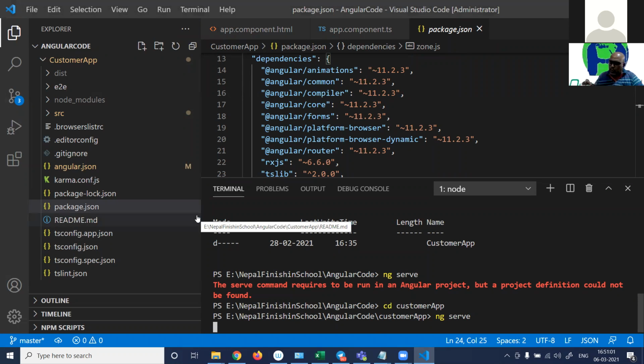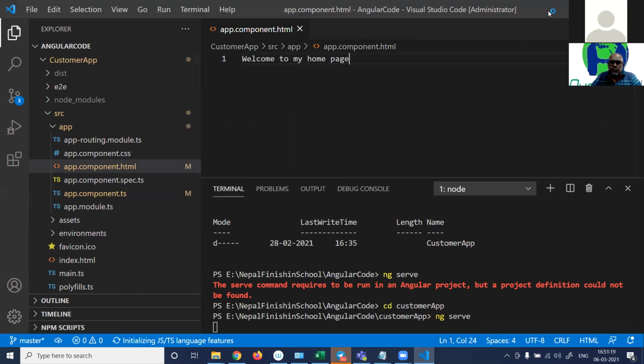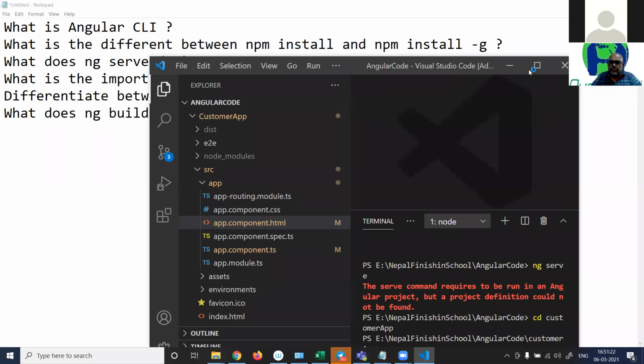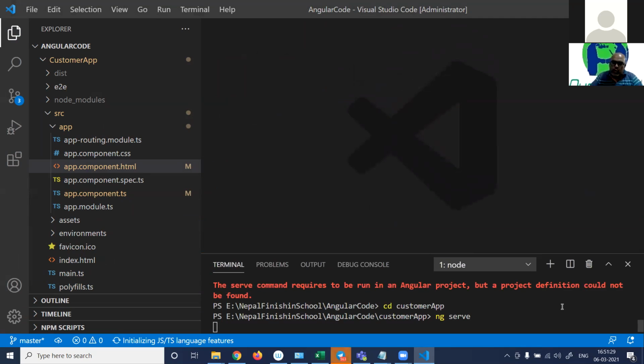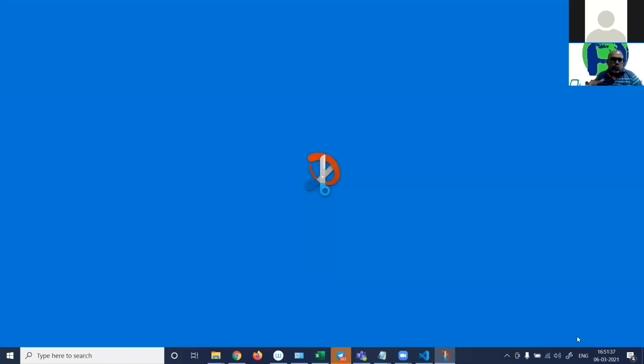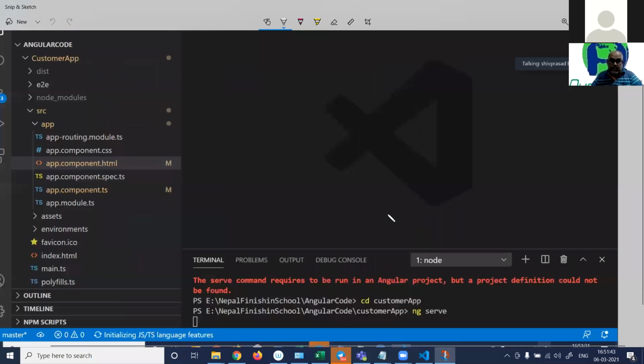Now, let's zoom in more on this project template. In this project, let me close this one, close this one, close this one. ng serve is going on at the back end. You can see ng serve going on. So I'm going to take a full screen snip on this. And let's watch very closely now what more files are there in this template. Remember, today and tomorrow we will dedicate our days to the template. Template means this ready-made code.